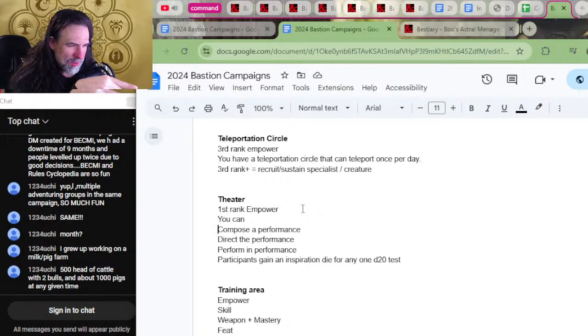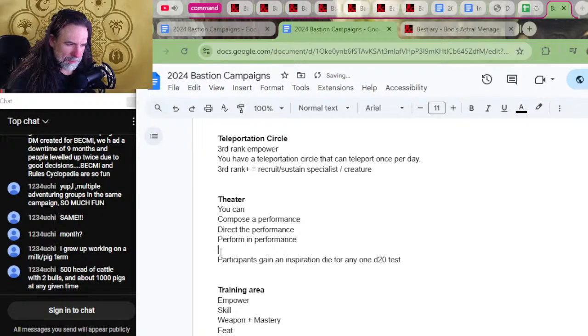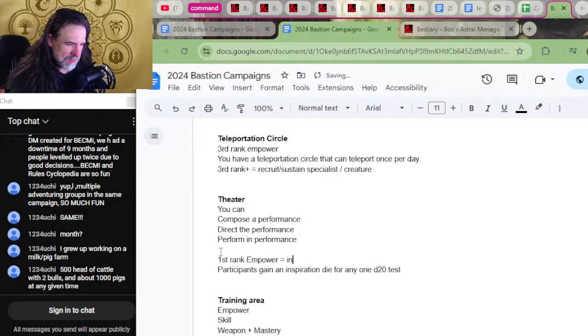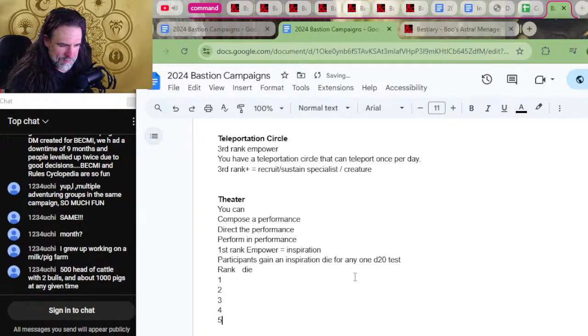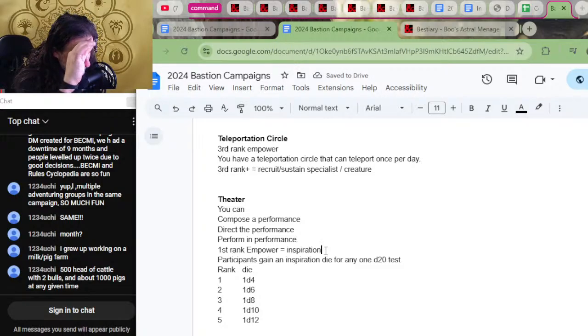First rank in power equals inspiration. Gain inspiration die. Rank die. Participants gain an inspiration die for